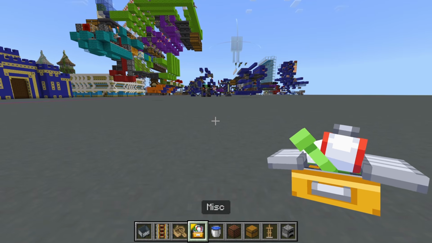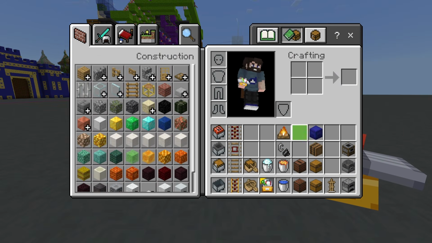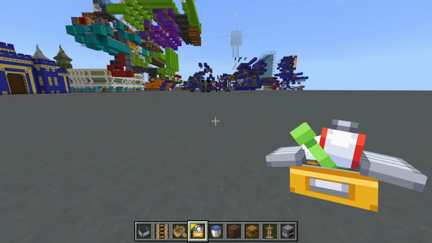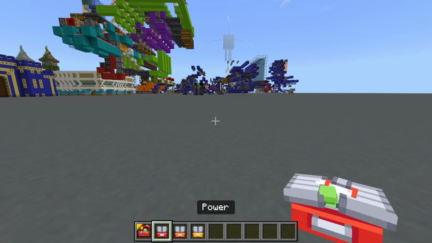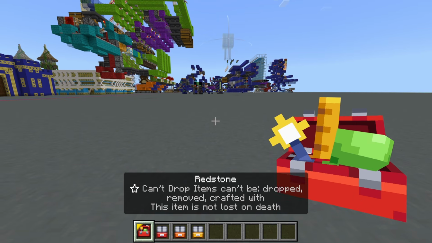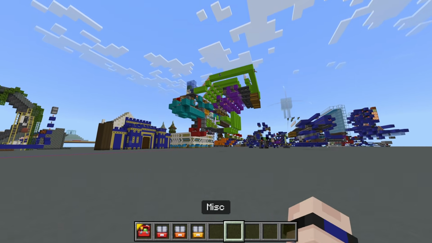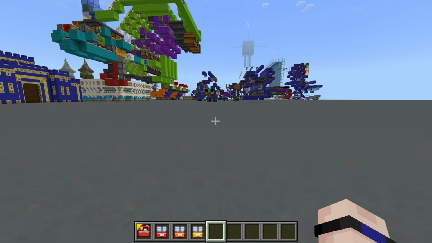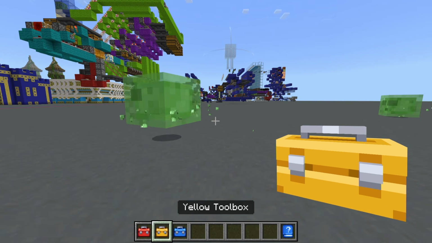And then anything else that's miscellaneous as far as redstone contraptions go, I've done my best to sort them out into categories. And I have everything I could possibly need for redstone contraptions inside of this redstone box. The only thing that I don't have that I use all the time is wool. Maybe I'll add a tray for wool at some point, but for now I have this next toolbox, which is